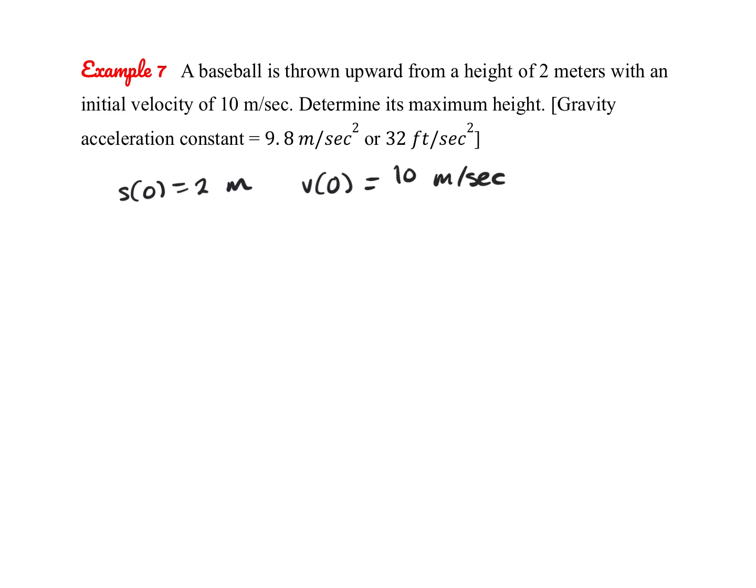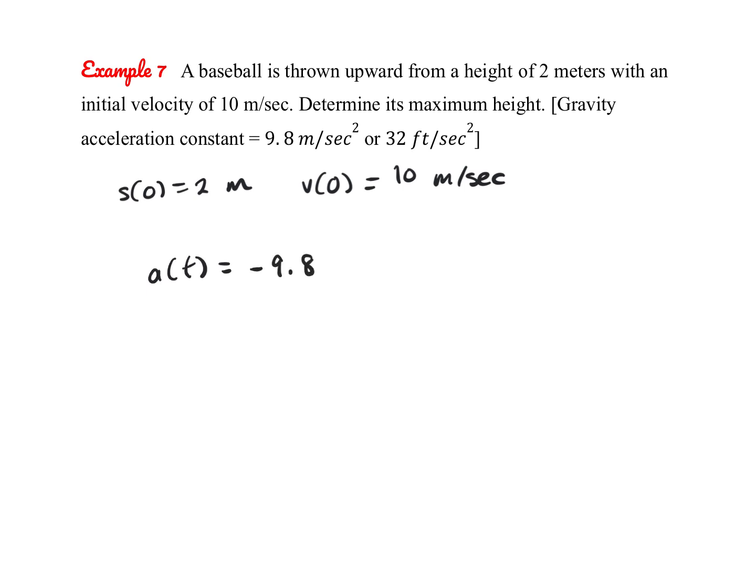And here, we're assuming this is all happening on planet Earth. This is the gravitational acceleration constant. We would either use 9.8 meters per second squared or 32 feet per second squared. So in this case, we'll use this one because our units are in meters. And this is the acceleration of any object that's falling on Earth. So this would actually be our acceleration function. We'll actually say negative